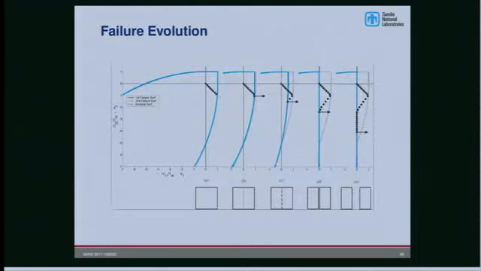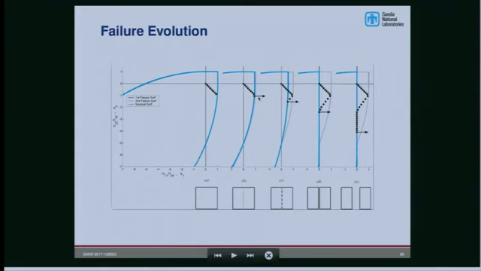And here's a simple example of a tensile type failure. So here's our yield function. If we imagine we have a path along this dotted line, we hit the failure surface, and we initiate failure in the same direction as the maximum principal stress, or with a normal in the direction of maximum principal stress.